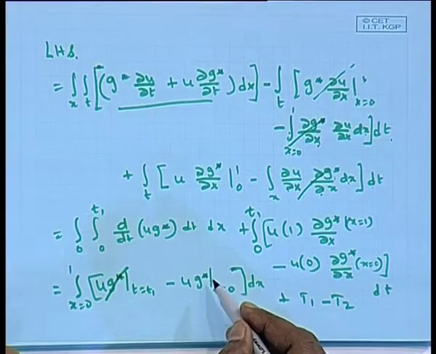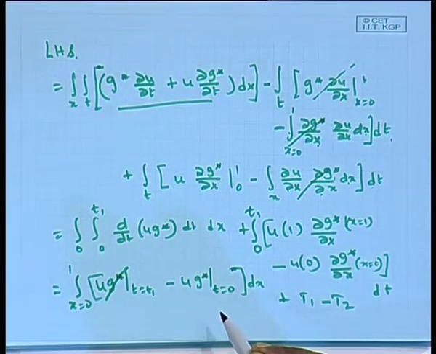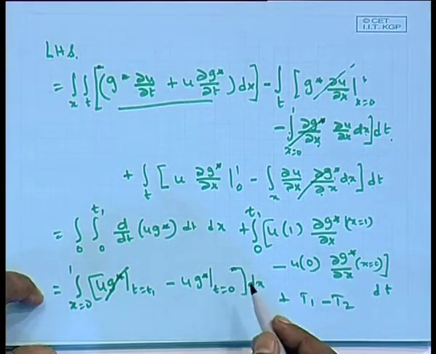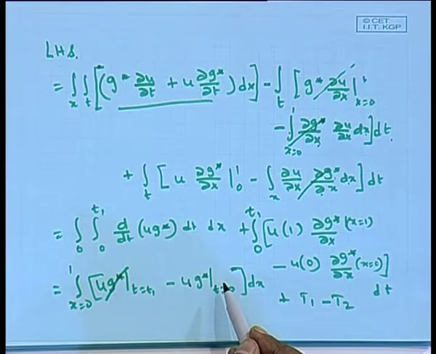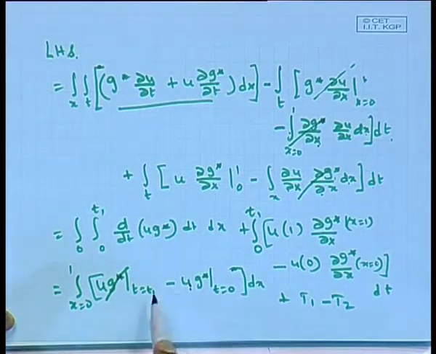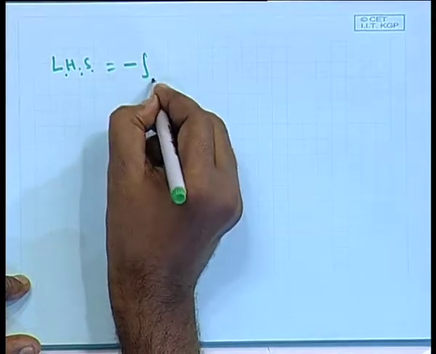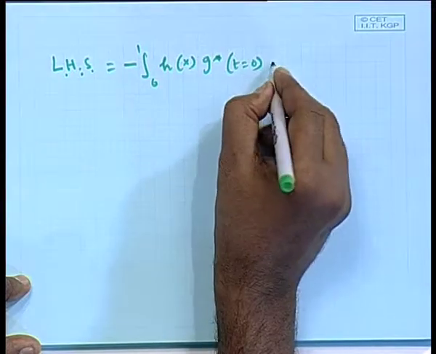Okay. At time t equal to 0, g star must be existing, it is non-zero there, and that can be evaluated from your expression of g star. Just put t equal to 0, you will be getting that expression. The exponential term will become 1. And what is u at time t equal to 0? It is non-homogeneous, it is h, whatever, p or h. So, that will be coming here. So, you will be getting 3 integrals, and finally, on the left hand side you will be getting, that is h, I think, minus 0 to 1 h of x g star evaluated at t equal to 0 dx